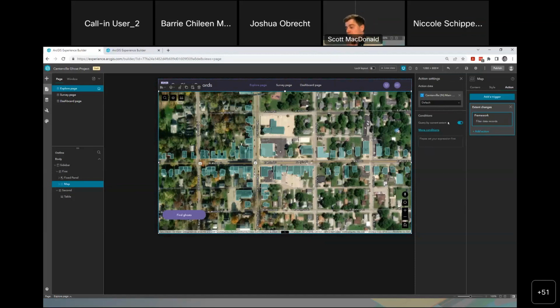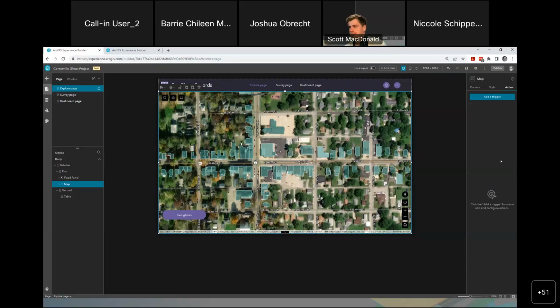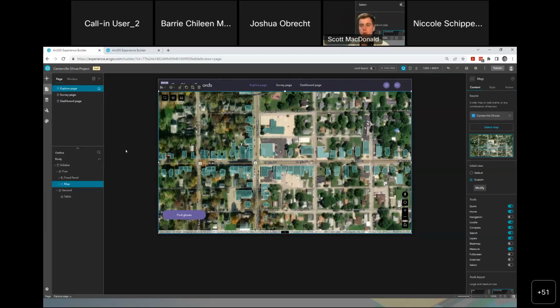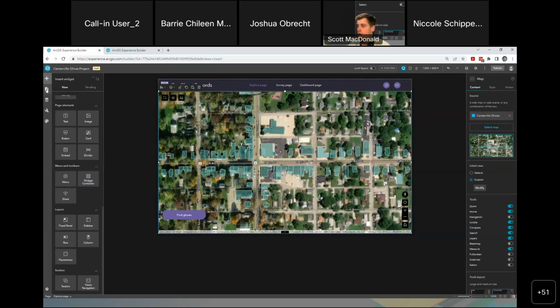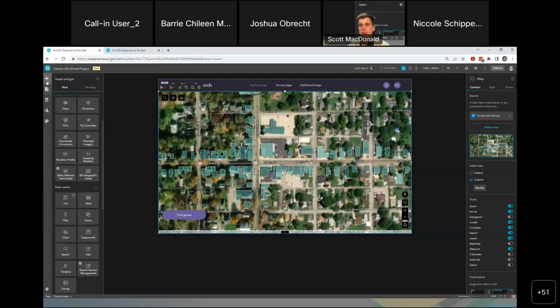You can see that I'm looking through this because there's a lot of different things I can do. I can go very deeply into the data and the layers that are available in this map widget, and control what other widgets do and how they behave and what they display based on what users are doing with this widget. There's a lot of different stuff, and depending on what kind of widget I'm working with, there are all different actions that I can use. When I want to add a new widget, I'm able to click the plus button,